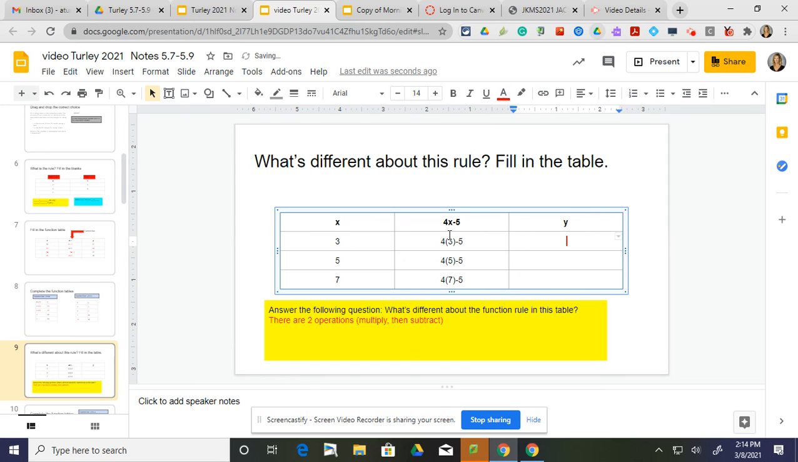All right, so if x is 3, we have 4 times 3, which is 12. And then 12 minus 5 would give us 7. Okay, if x is 5, 4 times 5 is 20, and 20 minus 5 is 15. And then if x is 7, 4 times 7 is 28, and then 28 minus 5